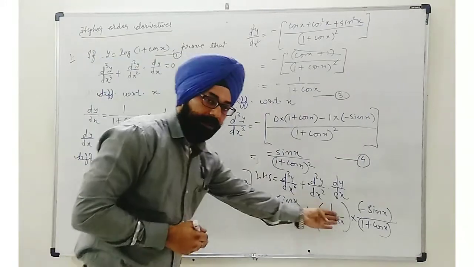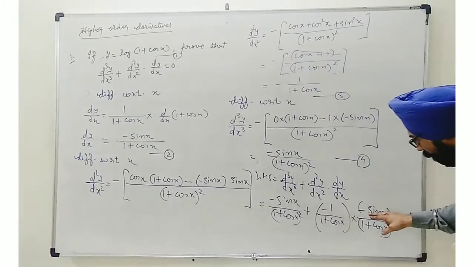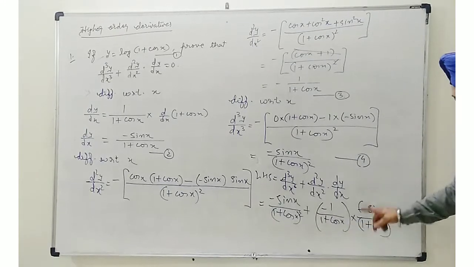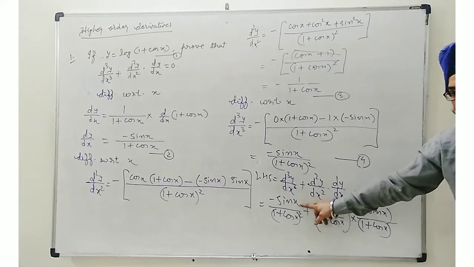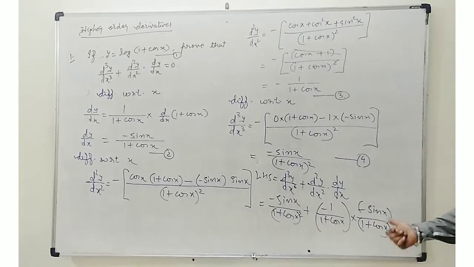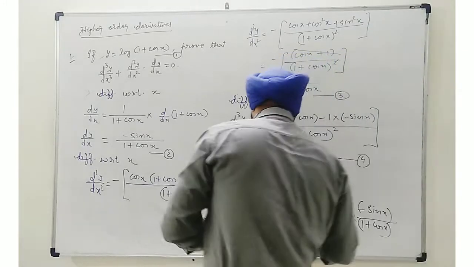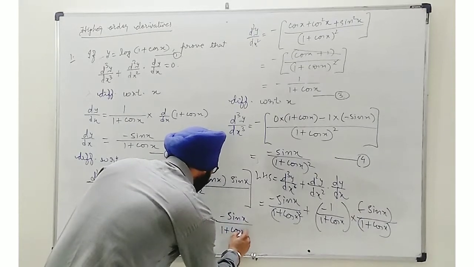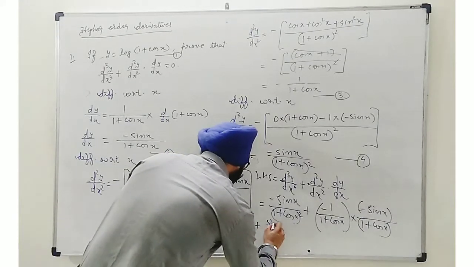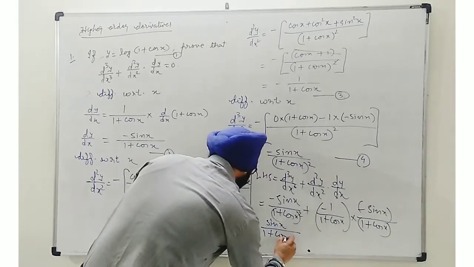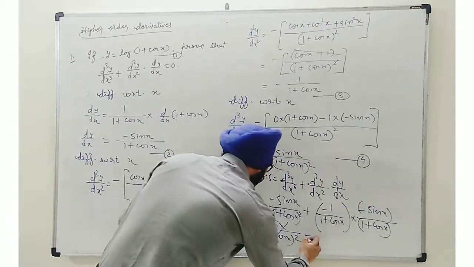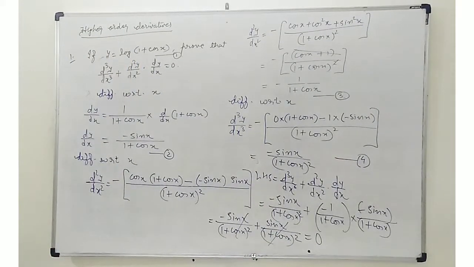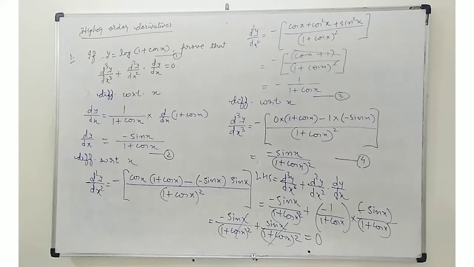Now when you multiply these two, minus 1 into minus sin will become plus sin. 1 plus cos x into 1 plus cos x is 1 plus cos x whole square. So sin x upon 1 plus cos x whole square. Now one term is negative, other term you get positive. Both of them will be cancelled out. We will find minus sin x upon 1 plus cos x whole square plus sin x upon 1 plus cos x whole square cancelled out. We get 0 required. This way we have proved the required equation. I hope you have understood. We will take more questions on that. Let's see next.